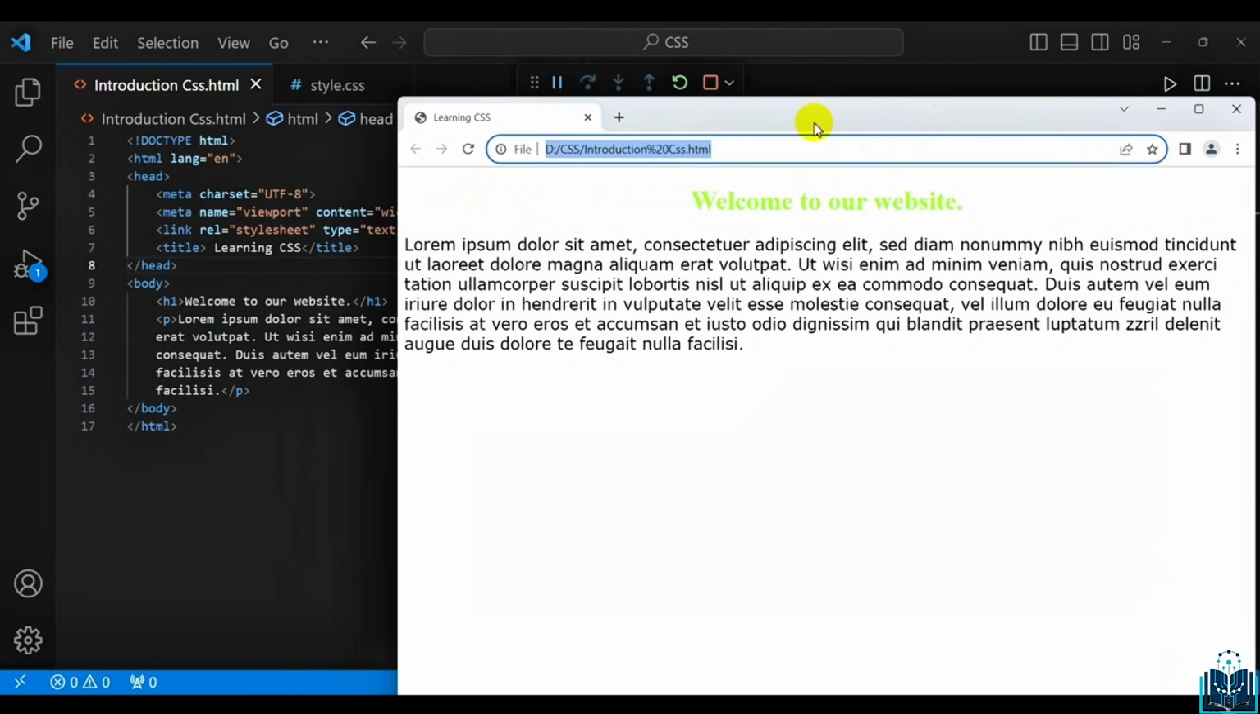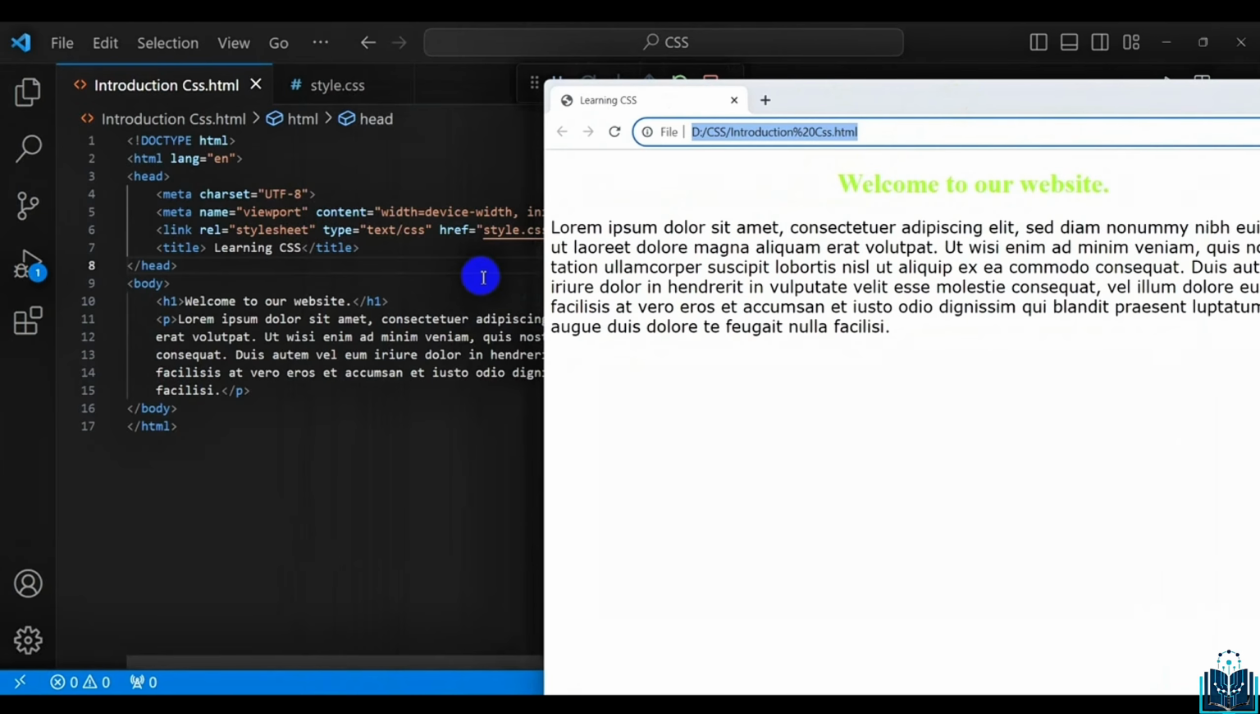This example demonstrates how to write CSS rules and apply them to HTML elements, resulting in styled web content. And that's our introduction to CSS. You learned the basics of CSS, including its syntax, selectors, and how to apply